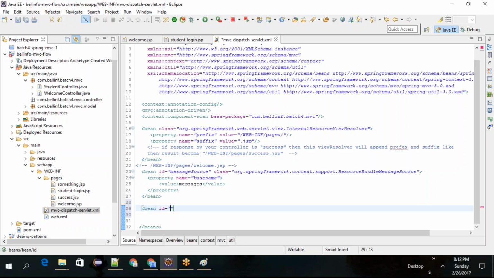You guys need to think, when I'm modifying MVC dispatcher-servlet.xml, it means Spring understands this file. When I'm modifying web.xml, it means Tomcat understands that file. Okay, bean ID, name is view resolver. In your entire program, you will configure this only one time. Okay, class